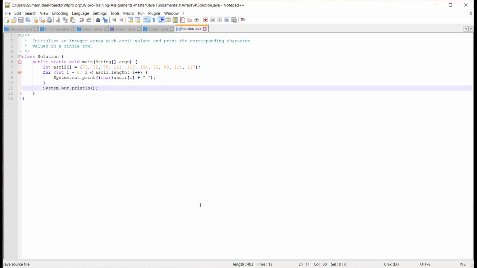When you look at the fourth program, the fourth program is what I show you. Write a program to find the largest of two numbers and smallest of two numbers in the given array. How to find out the largest of two numbers and smallest of two numbers? I will show you.